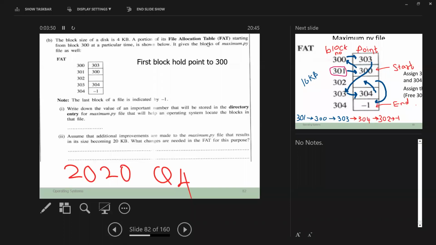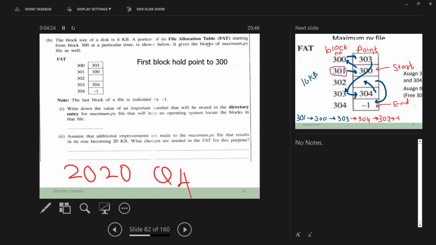The block size of a disk is 4 KB. One block is 4 KB. A portion of the file allocation table, FAT, starting from block 300 at a particular time, is shown below. It gives the blocks of